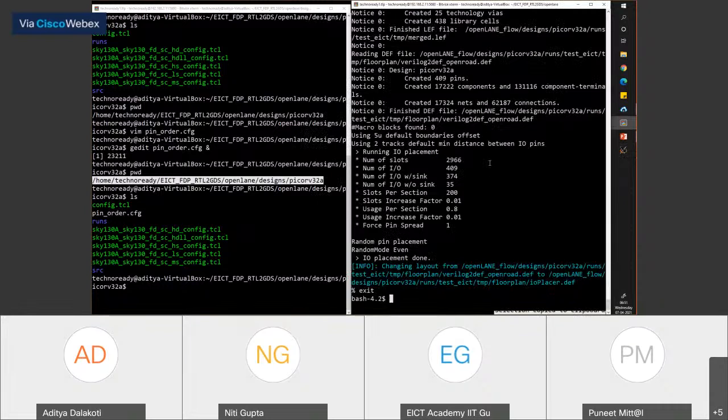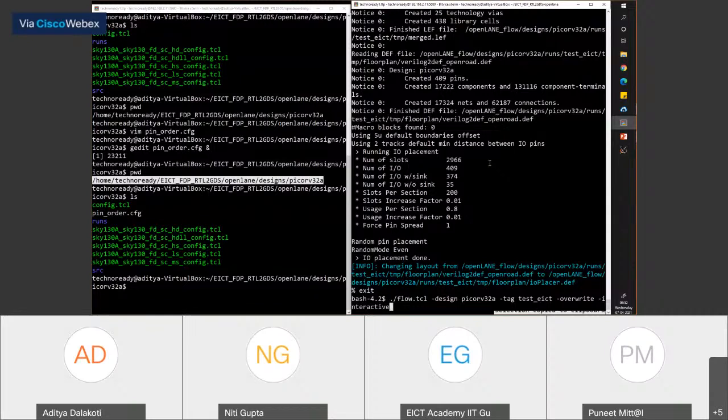In the meantime, I will run this again just to show you. As I mentioned, I exited from my OpenLane environment. The issue with OpenLane is that it's very hard to rerun. If you change the script and rerun some command, most of the time it is not able to identify what happened.